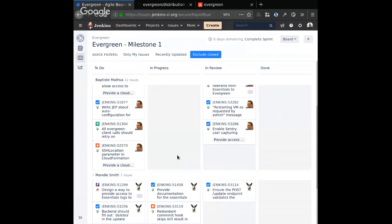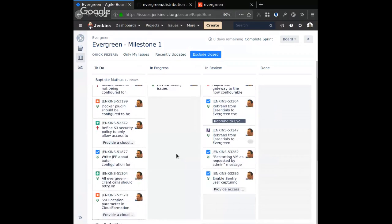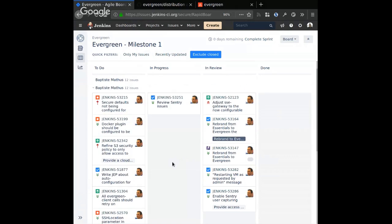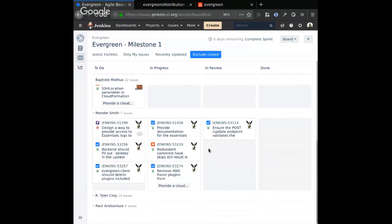Yeah, if you haven't filed a ticket for that, will you file just a task to implement that upgrade test? Yeah. I think we've got enough in Docker Hub that if we just pulled the latest container and ran that with a volume, and then tested our new container with a volume, that would definitely be helpful. But I wanted to chat a little bit with Mandy, so she can come off mute, about some of the